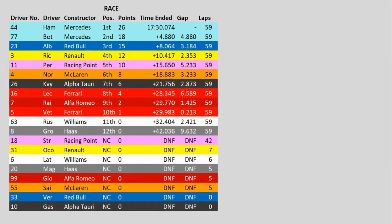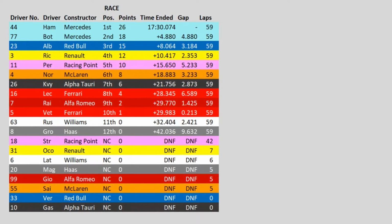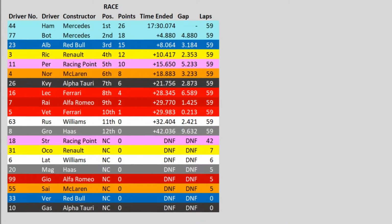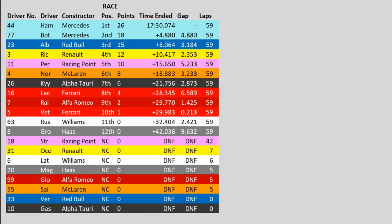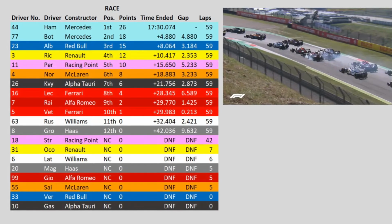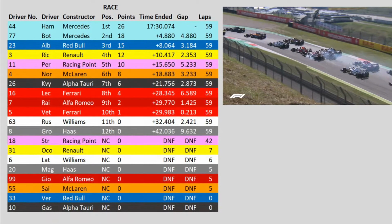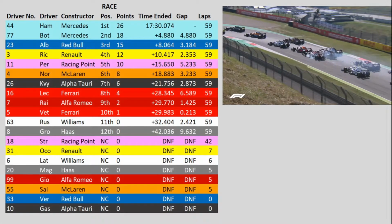Lewis Hamilton won from Valtteri Bottas in second place, and Alex Albon picks up his very first Formula 1 podium, with Daniel Ricciardo 4th, then Sergio Perez, Norris, Kvyat, Leclerc, Raikkonen getting his first points of the season, and Vettel is your top 10. But we start with a first lap incident. I'm going to go over the 2 incidents, as I don't really want to start with a team, as it won't quite work. So I'm going to go over the 2 incidents and then move on into the team